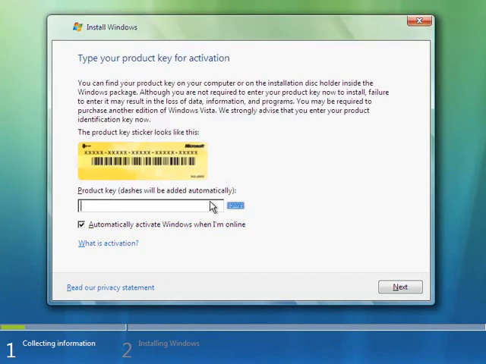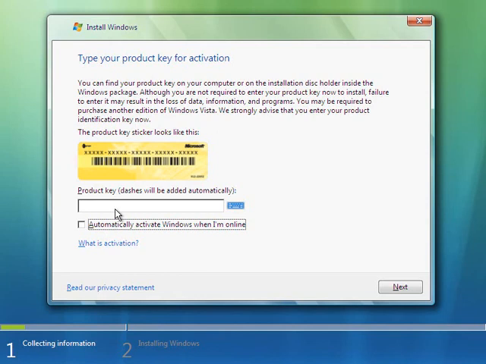Okay, so the first thing we're going to have to do here is to enter in our Windows product key, which of course is the 25-digit key supplied with your copy of Windows Vista. Now, if you like, you can automatically choose to activate Windows Vista when the product is installed and you first go online. Either way, whether you choose to uncheck this box or not, you're going to have to activate Windows Vista within 14 days or it'll simply stop working. So what I'll do is I'll uncheck this box and we'll do it later so you can see how it's